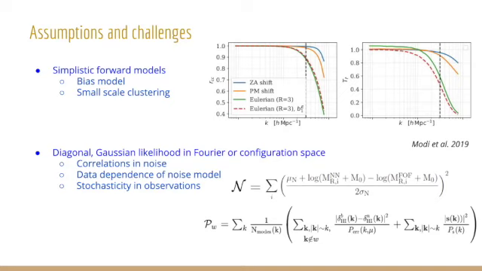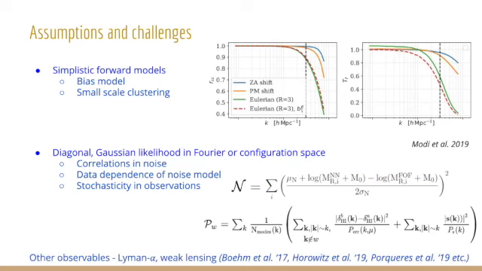This makes a lot of assumptions, especially regarding the noise. So you are completely ignoring the correlations that you might have in your noise. You are ignoring this data dependence of your noise. For example, most of these models get the high mass halos more accurately than you get the low mass halos. So your noise kind of depends on those things. You ignore the stochasticity that you have in the observations. And all of this is without going to other tracers. These problems will probably be more severe if you are using other tracers such as Lyman alpha or weak lensing, because they are much more non-Gaussian than what we have right now.